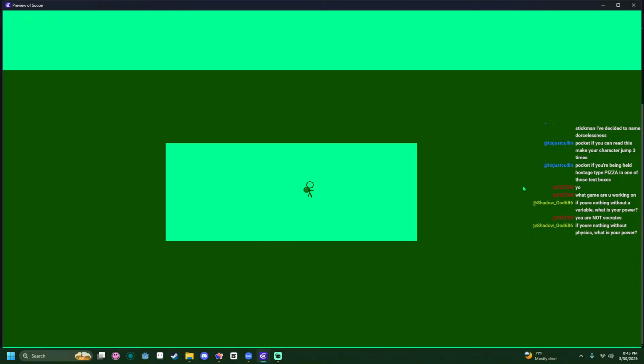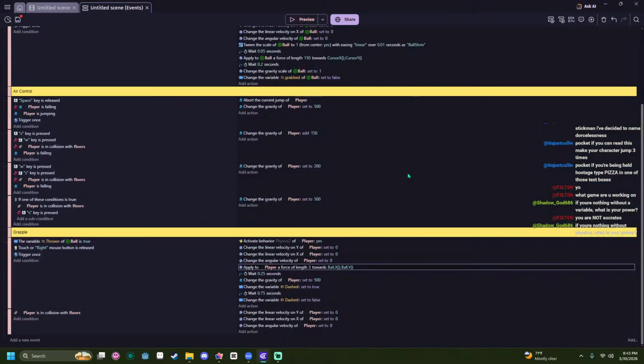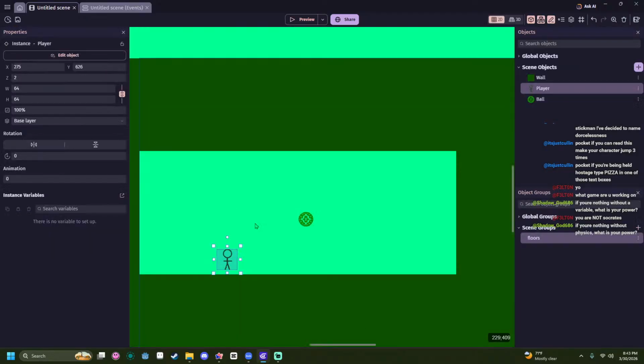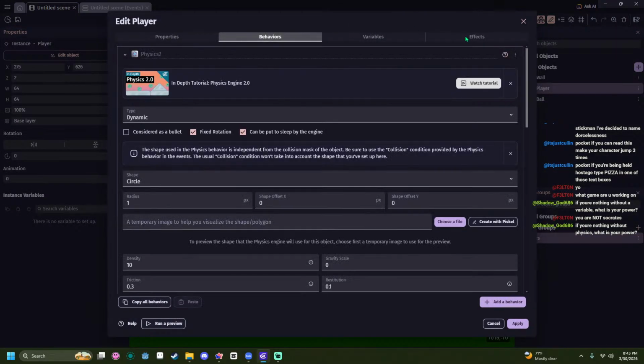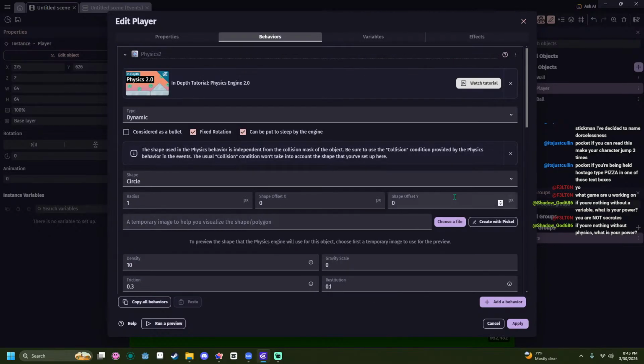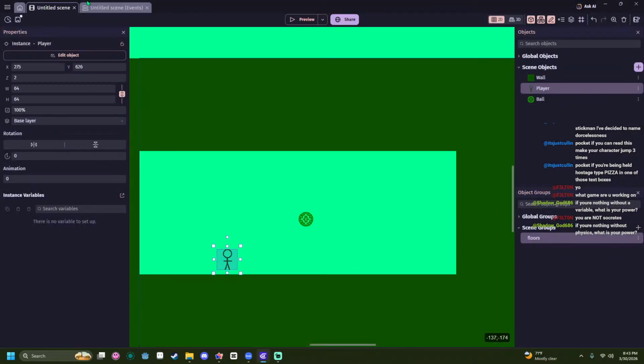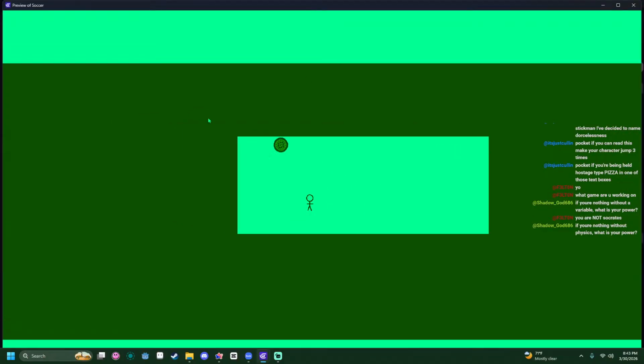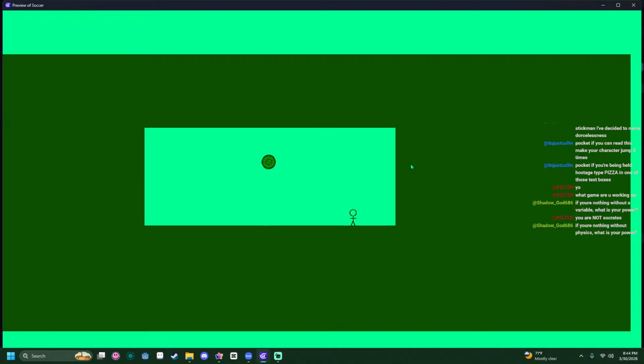See, if we throw it to our right, it breaks, because it pushes us. I wish we could just disable these two colliding, but I want to keep it momentum based. This is tough. Yeah, I don't know how to fix this. It's going to work perfectly fine if we throw it to our left, but if we throw it to our right, it goes through us and hits us.